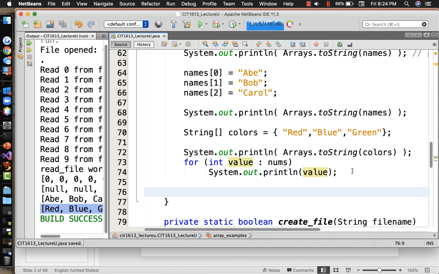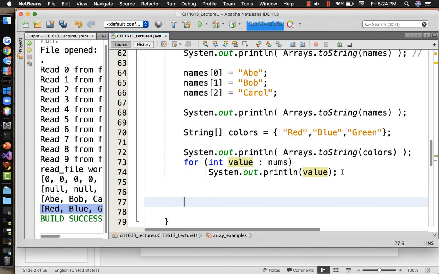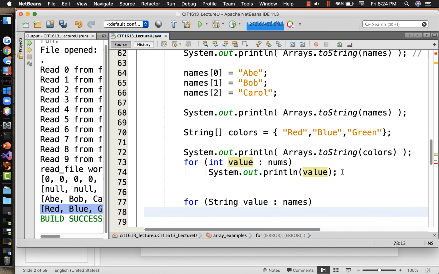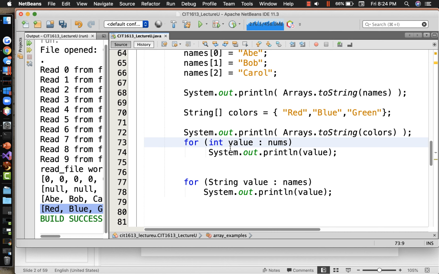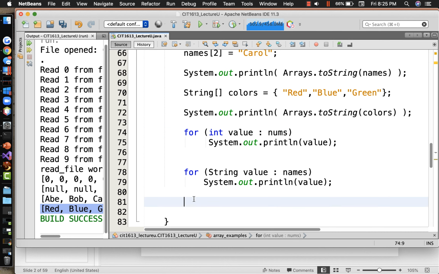All right. Another for loop to print out the names. For String value colon names, System.out.println value. How about the colors? Well, we're going to print the colors out using a more old-fashioned for loop, right? The kind we're used to. We're going to print this out with an index. So for int i is equal to 0, i is less than colors.length, colors spelled correctly, dot length, semicolon, i++,